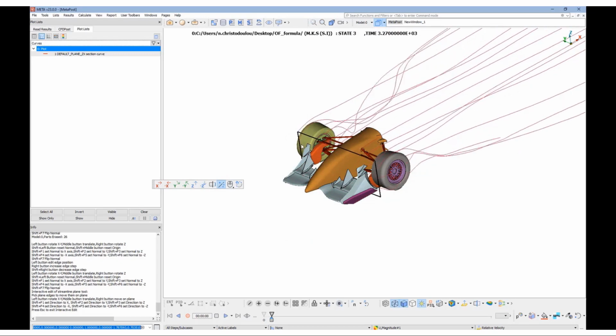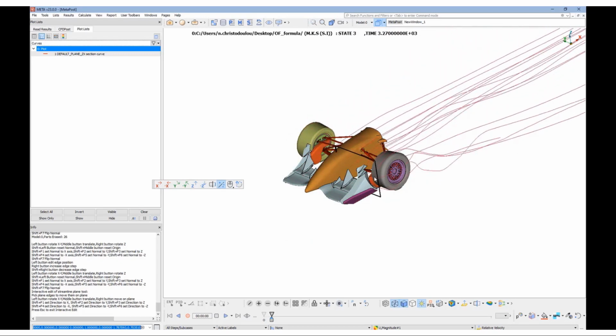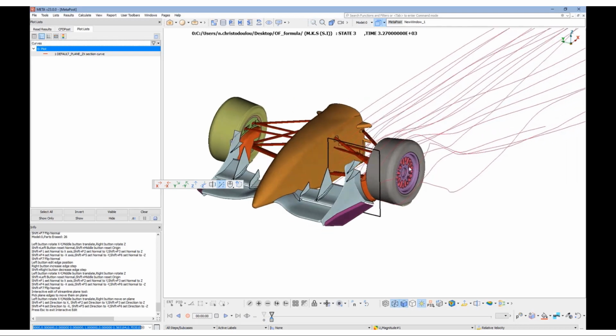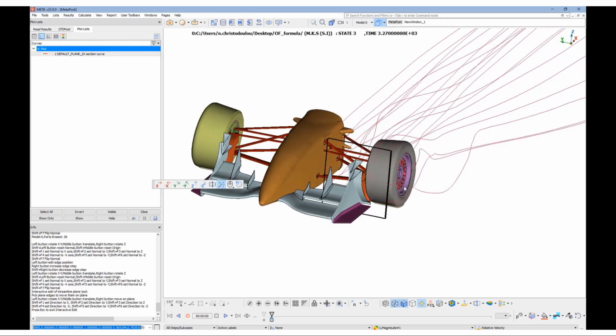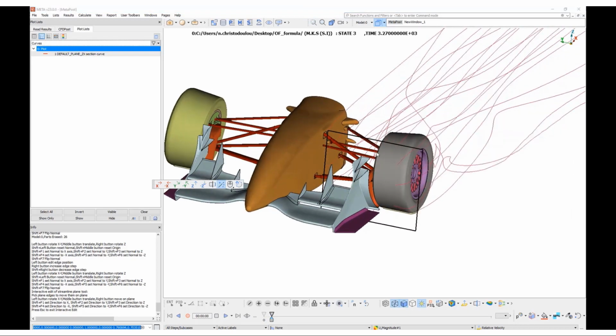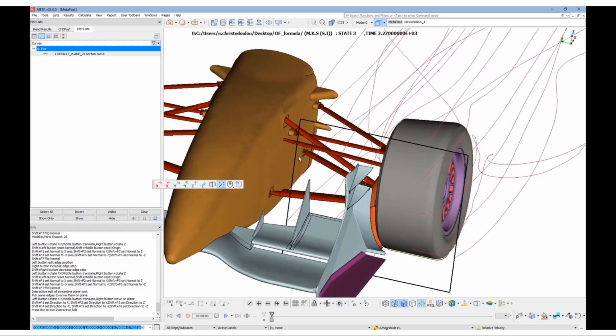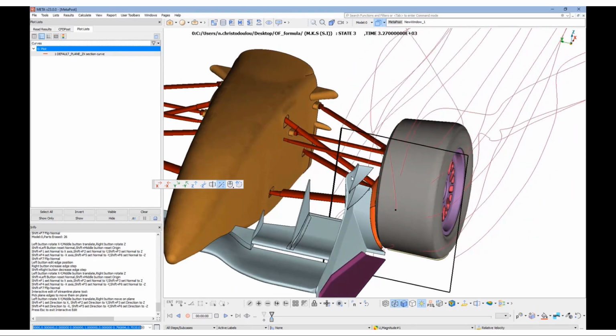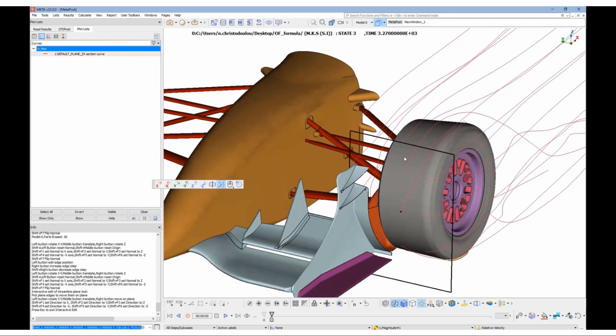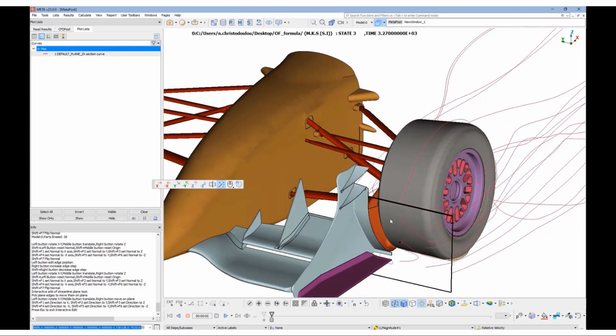Click twice on the edges of the plane and we can resize it. The first click will select the edge, and the second is used to drag it. What we would like to see now is actually how the flow behaves at the cooling duct of the disc brakes.